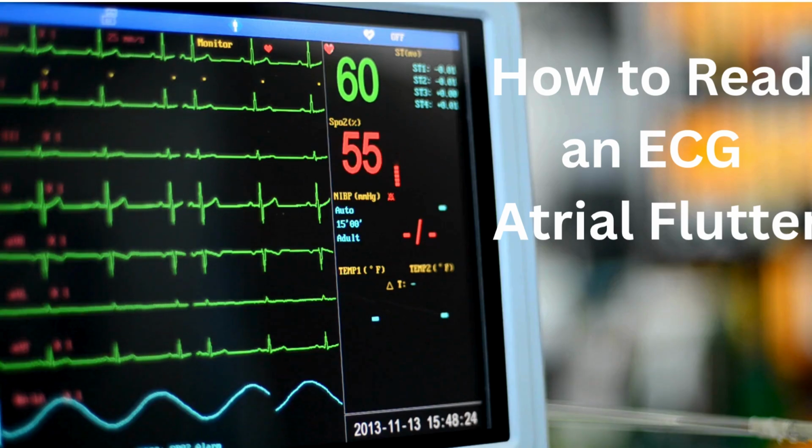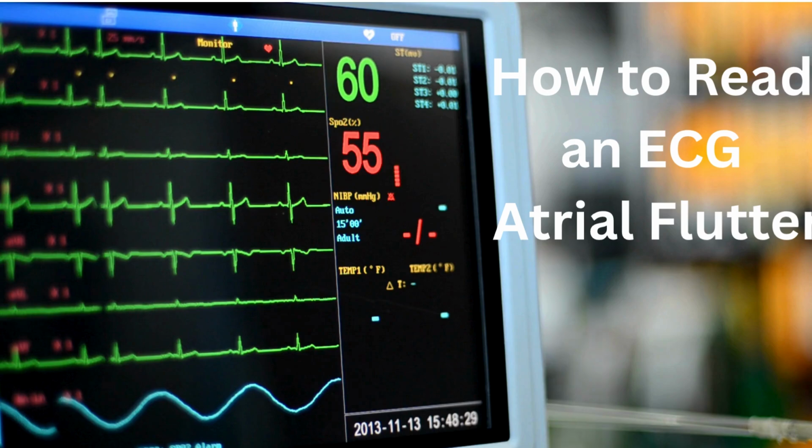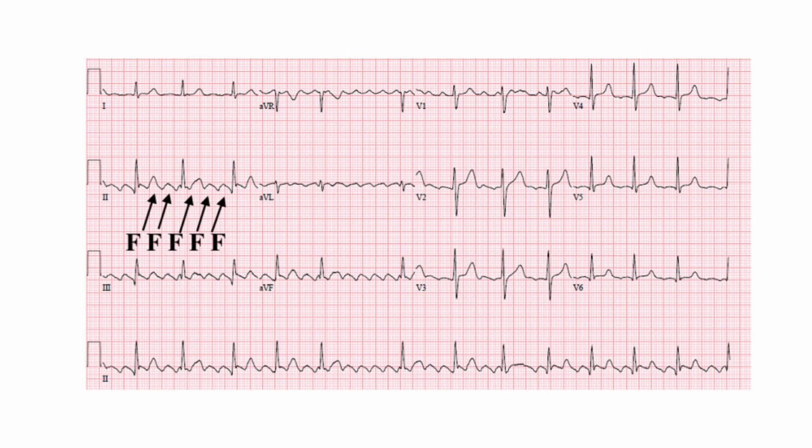In this video, I will explain how to interpret an ECG using anatomy in atrial flutter. In typical atrial flutter, the atria fire rapidly around 300 bpm due to a reentrant circuit, usually in the right atrium around the tricuspid annulus. This creates regular, sawtooth flutter waves, best seen in leads 2, 3, and AVF, with a predictable ventricular response, often